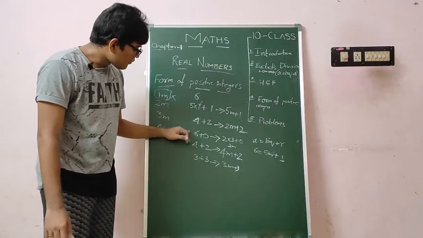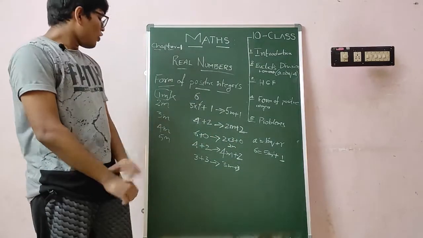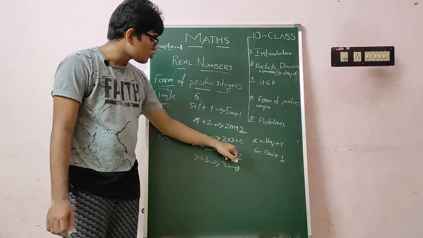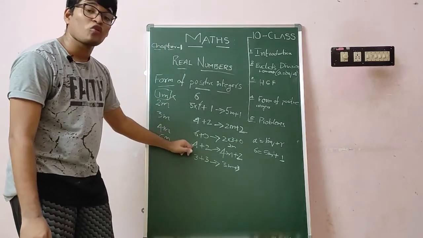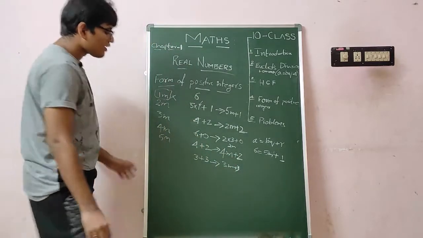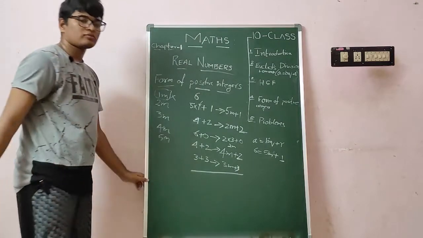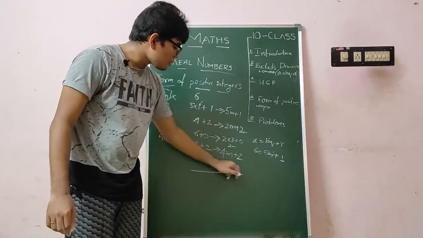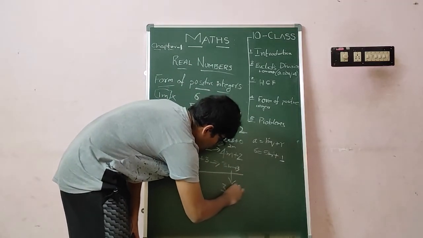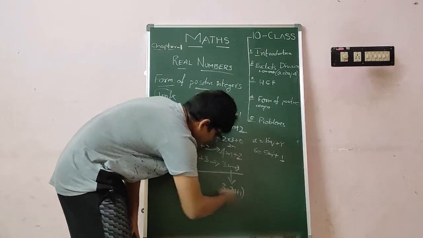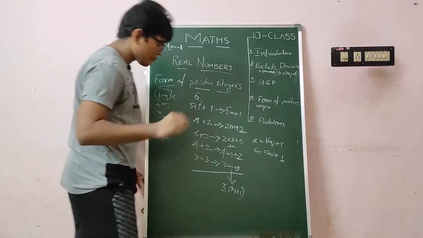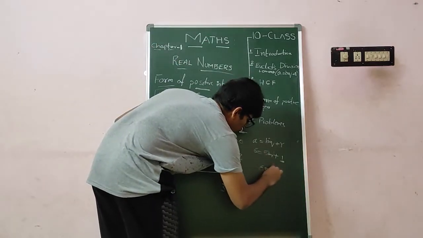Now to the next step, 6 plus 0. Can we write 6 as 2 into 3? Yes, students. And we can also write 6 as 2m plus 0. In the same way, 6 can be written as 4 plus 2, which means 4m plus 2, and 3 plus 3, 3m plus 3. But here there is an issue. We can't write 3m plus 3 because here we can still take 3 common, students. Yes or no? Yes.